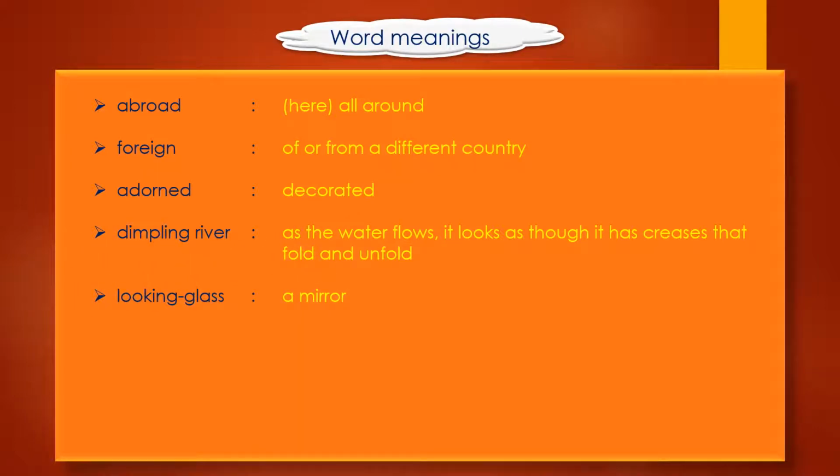So the next word is looking glass. Looking glass means a mirror. Looking glass means a mirror, right? Like a child saw that the sky is blue. Looking glass means children, if you look into the water, you can see your shadow, you can see your image in the water. So water is that much clear, crystal clear. As you can see your image in the mirror, same way you can see your clear image in the water also. That's why the poet used looking glass for the river. So looking glass means a mirror. Now let's see the next word,